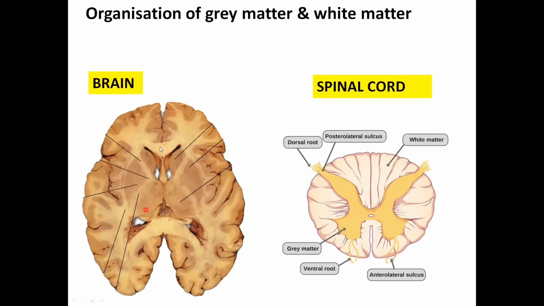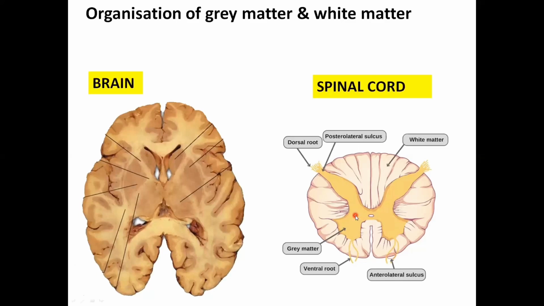Inside the white matter, in the cerebrum as well as in the cerebellum, you can see collections of cell bodies, and these are termed nuclei. In the cerebrum, we call them basal nuclei. In the cerebellum, they are called deep cerebellar nuclei. Coming to the spinal cord, you know this is the central canal. It's surrounded by the gray matter. And outer to this gray matter, we have the peripheral white matter.